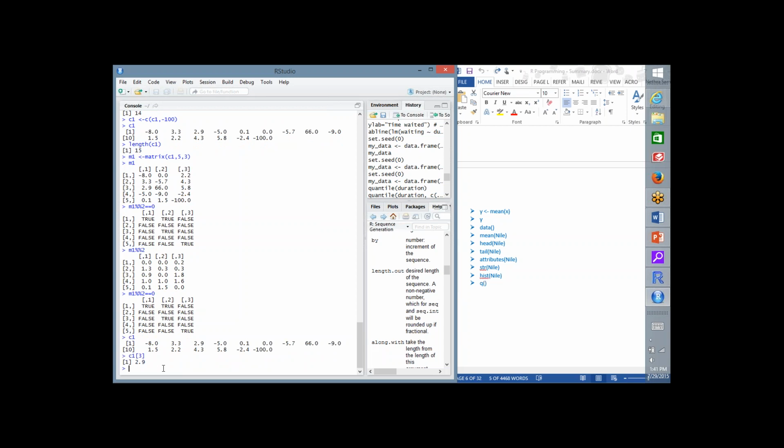But if I put c1 greater than, let's say, c1 greater than 0, what do you think it is going to come? Remember,